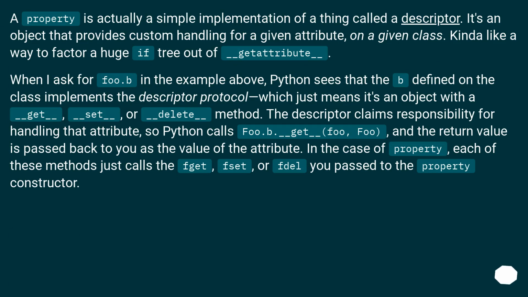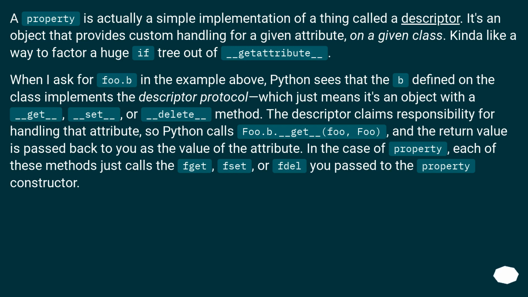A property is actually a simple implementation of a thing called a descriptor. It's an object that provides custom handling for a given attribute, on a given class. Kinda like a way to factor a huge if tree out of __getattribute__. When I ask for foo.b in the example above, Python sees that the b defined on the class implements the